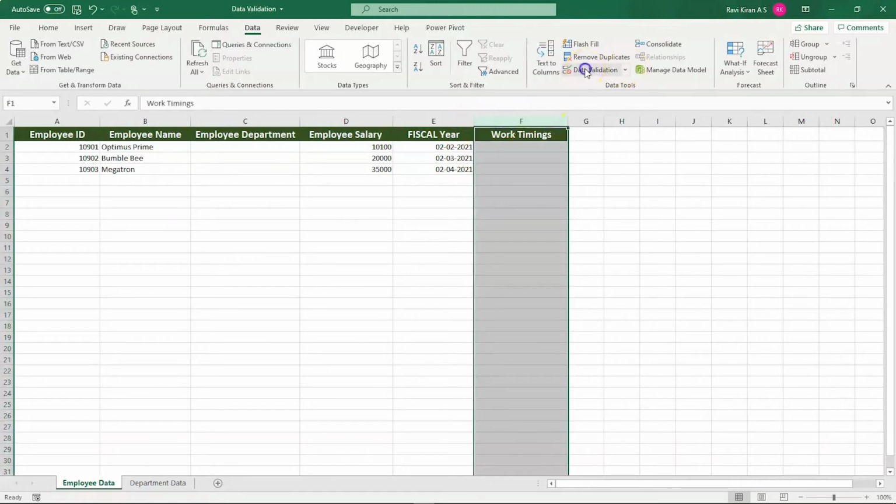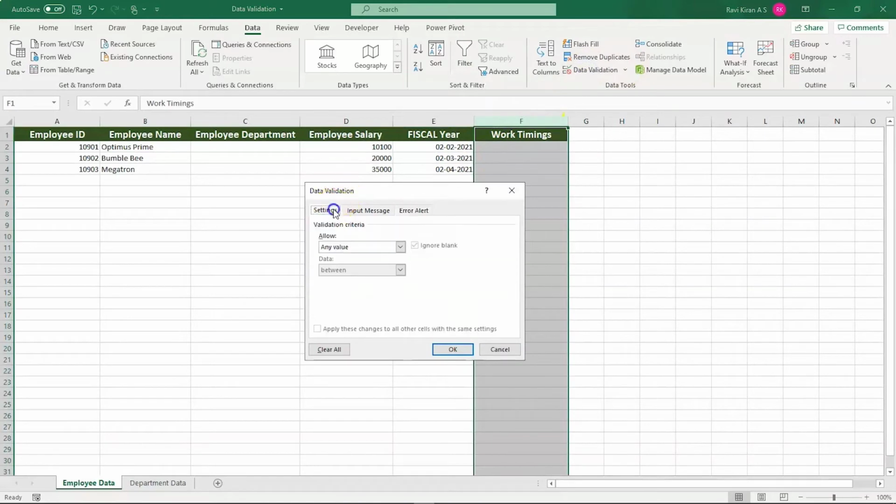Now coming into the next type of data validation, that is time. So we have time here. Let us imagine that you are providing some work timings to your employees. That should be from 9 AM to 5 PM, not more than that. So you want to keep your work life balance for all your employees. So you just want them to work between 9 to 5 and that should be fine. And anything apart from that time should be invalid. So you can do that by selecting time option between. It should be in between, and the start time will be